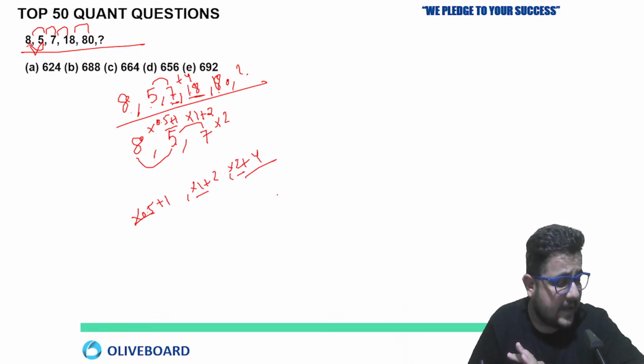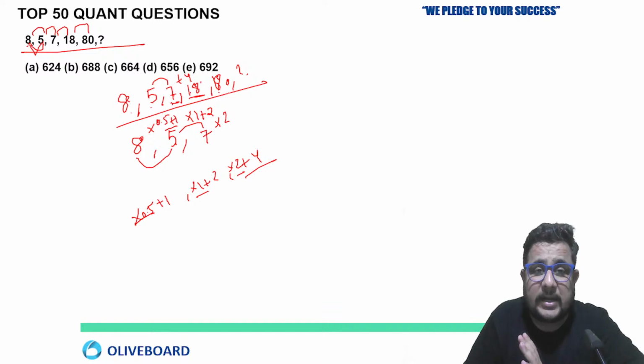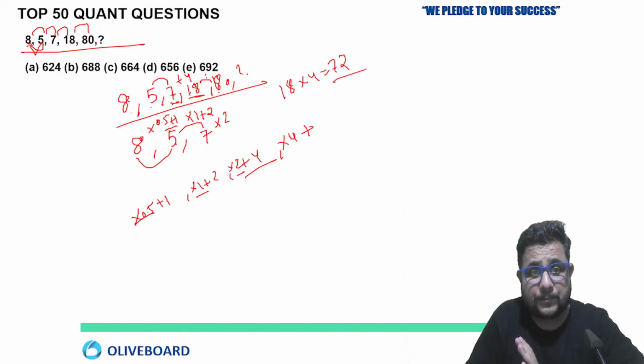Then after that, very good. How many of you said C? What logic is going on? Can anyone tell me? 18 multiply what then? If we have already multiplied 2, then double of 2 is going to be what? 4. So multiply 4 plus. So 18 multiply 4 will give you 72. 72 plus 8 is there.